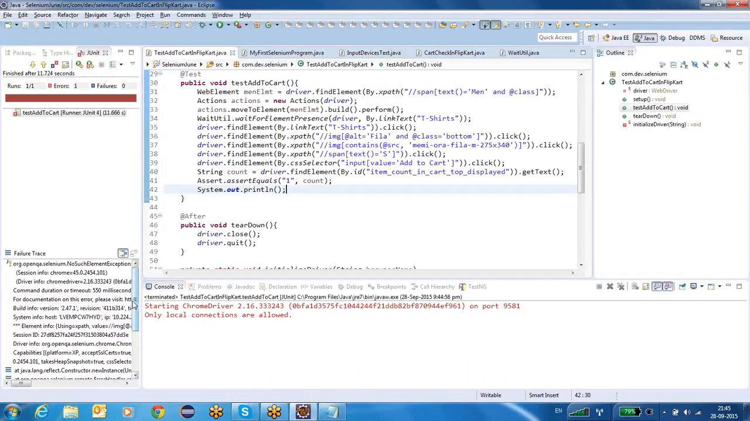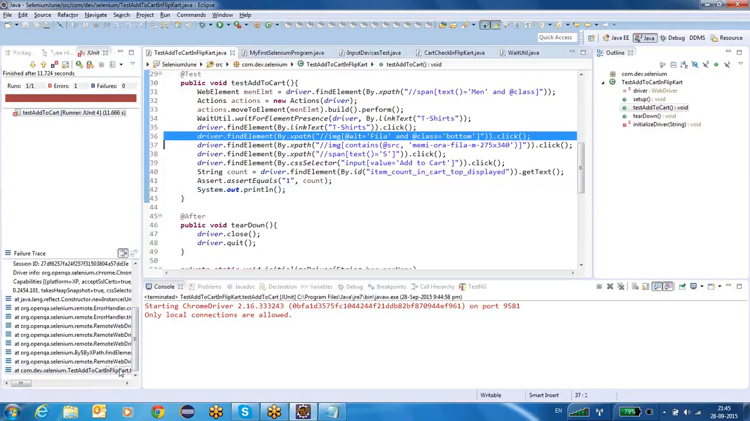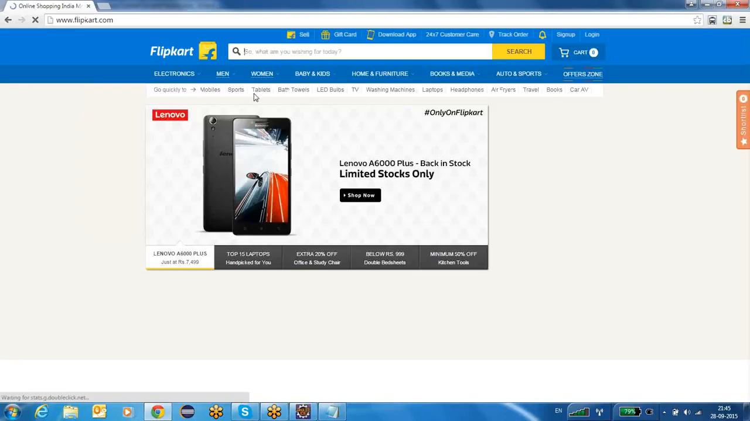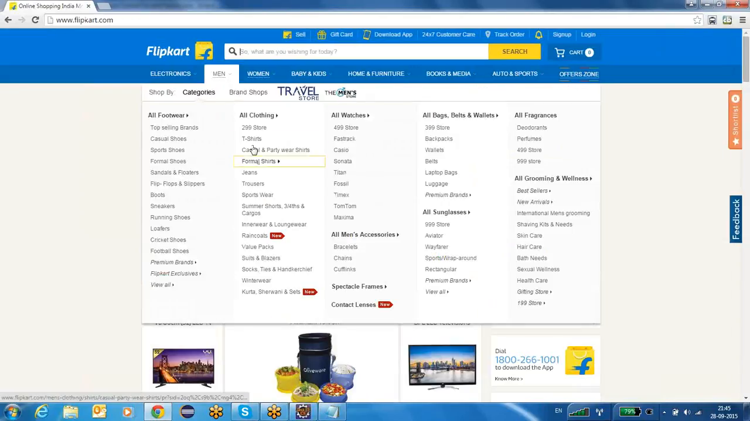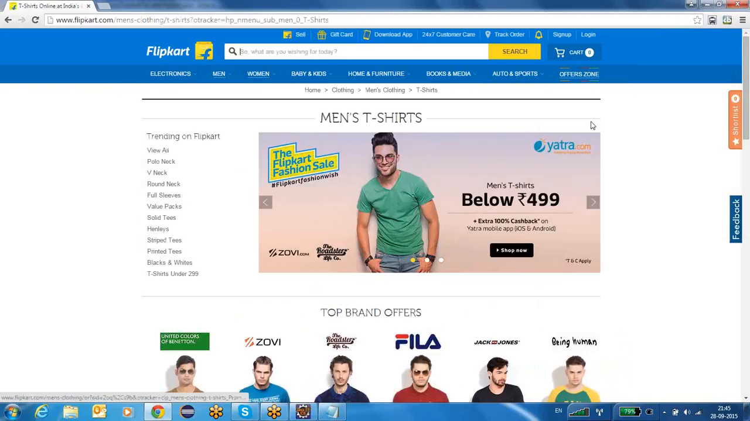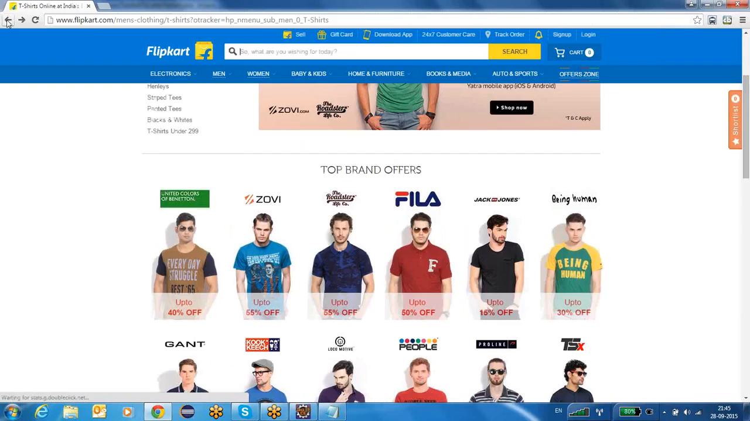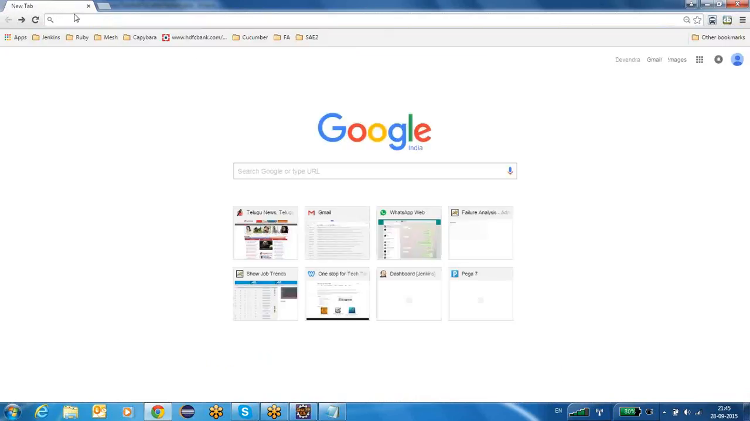So it failed. At what line did it fail? At this image it failed. The reason is, it hovered on men, it clicked on t-shirts. After clicking on t-shirts, I am asking it to click on this Fila image. The problem here is, after clicking on t-shirts,